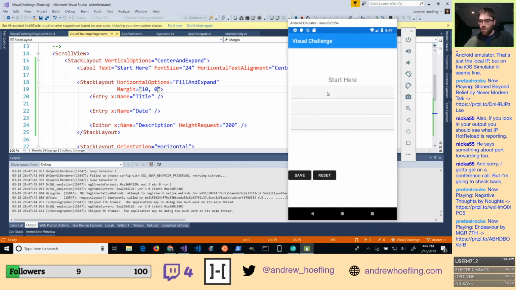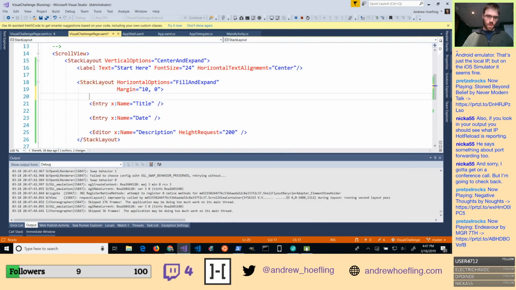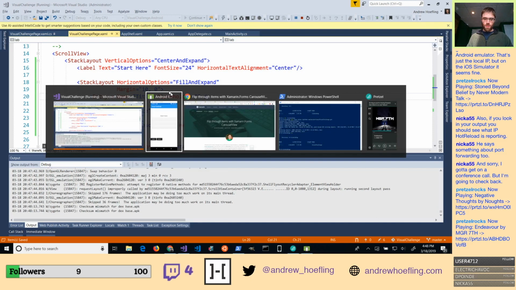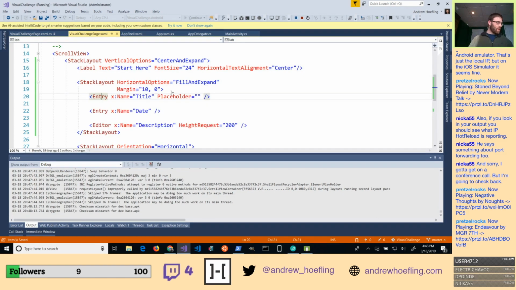Alright, cool. That is looking a lot better. But each one of these is going to need to have a little label above it, so let's add that in. Or I just want to see if there is any type of, so there's text, which is getting the value, and then there's a placeholder. I wonder if I can use the placeholder, because what I've done in the past, and I don't expect this to do this, but I'll explain a little bit,